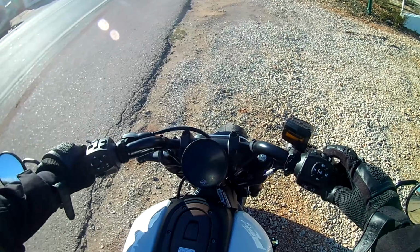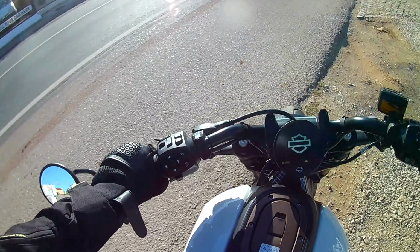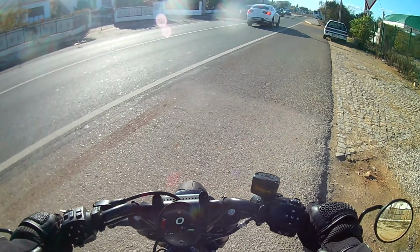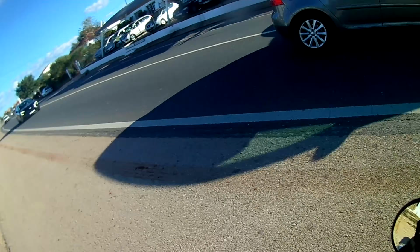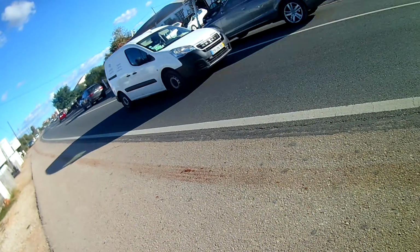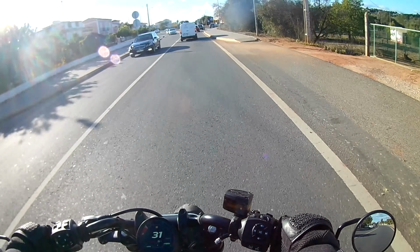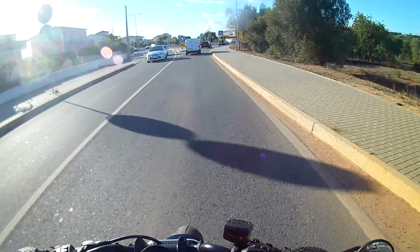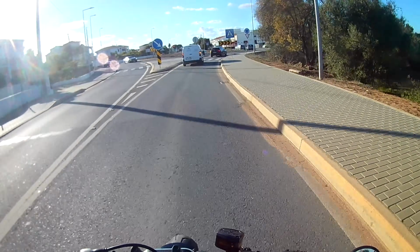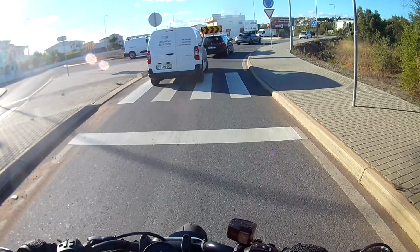Firing the bike up, it certainly sounds powerful, but also slightly rough, a bit loud in a shouty kind of way, at least for the first couple of seconds, but then things calm down a bit. The engine is a 1250, pushing out 120 horsepower and 125 newton meters of torque, so quite an increase from the 100 horsepower and 112 newton meters of my Triumph Speed Twin. The Sportster does weigh an equally significant 30 kilos more than my bike, however,